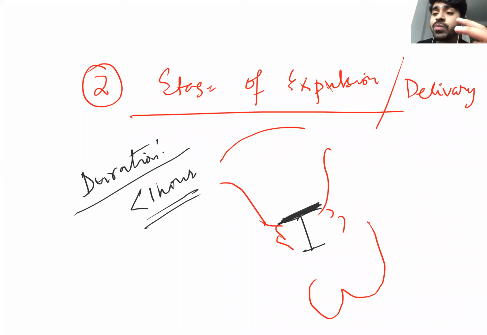But what is the time of the dilation phase? I mean, how much time will the mother take to rupture the amniotic membrane and to dilate the cervix? It takes a lot of time, even 10 hours, 12 hours. So what is the duration for stage of dilation? The stage of dilation that I discussed first will take 10 to 12 hours. For the stage of expulsion, it should take less than 1 hour. Actually, it takes almost like 15 minutes, but it should take less than 1 hour.